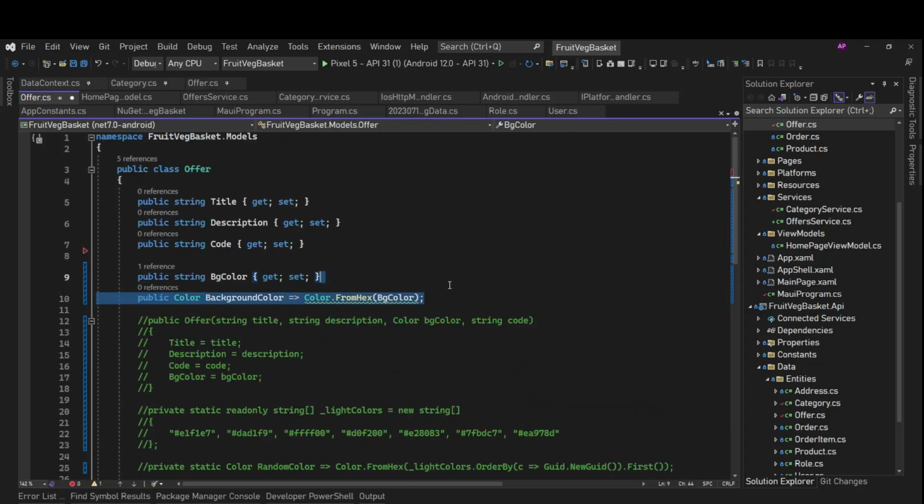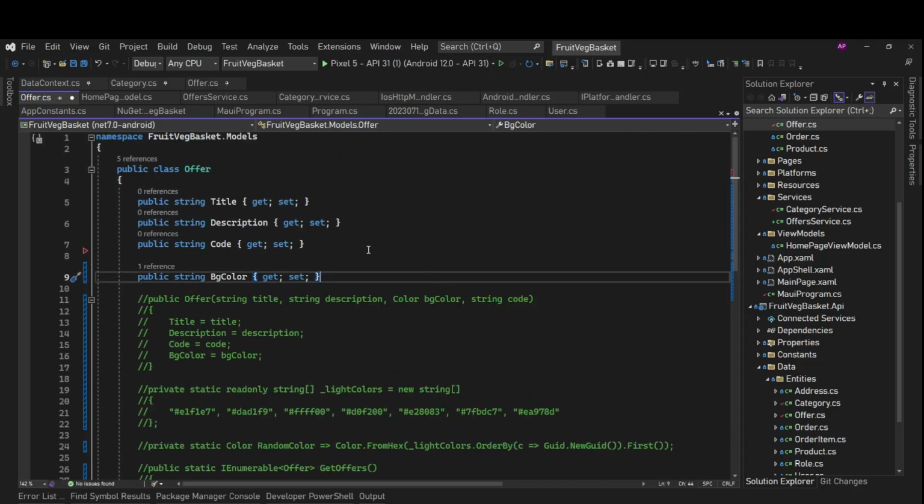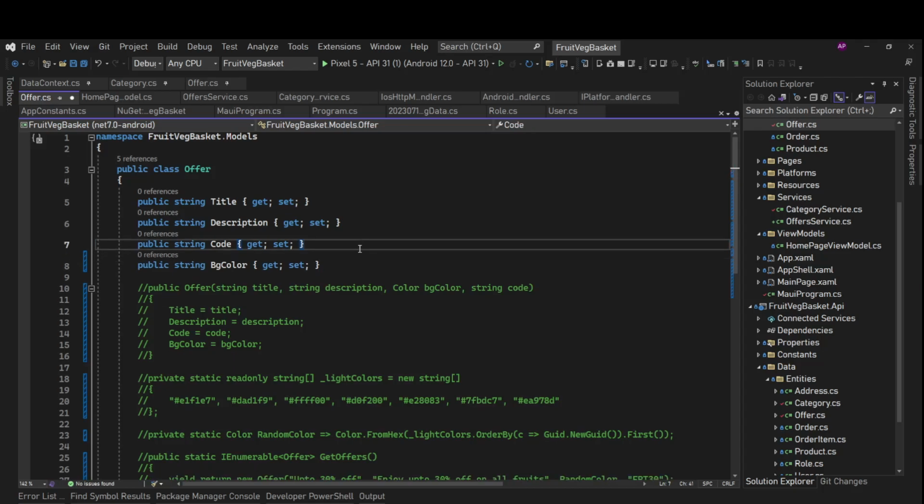Or the second approach, we can use converters to convert that background color to a Color, the actual type Color. So this is string, but we need type Color. Fine, first we'll do that. We'll use the converter approach.